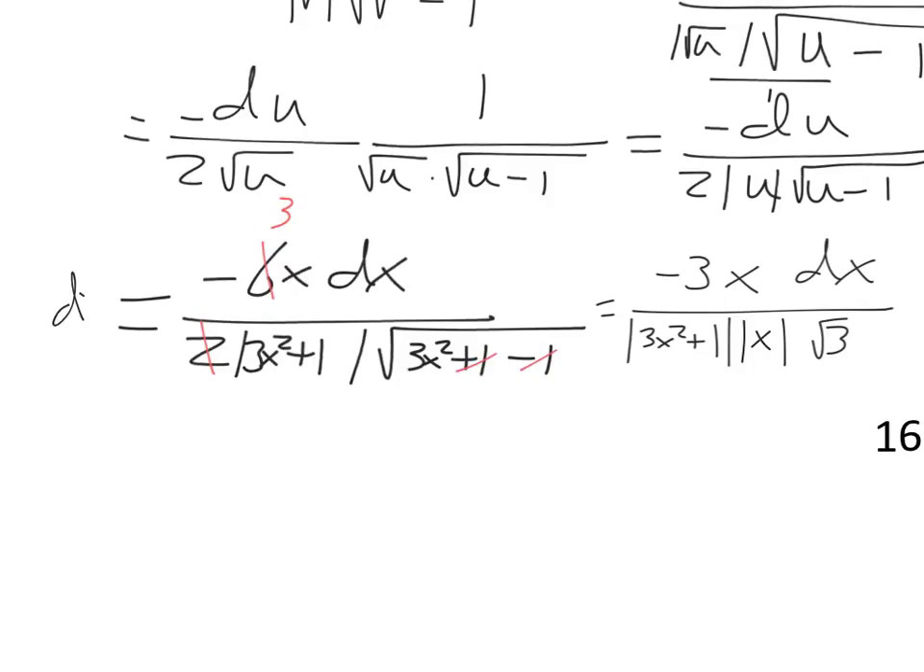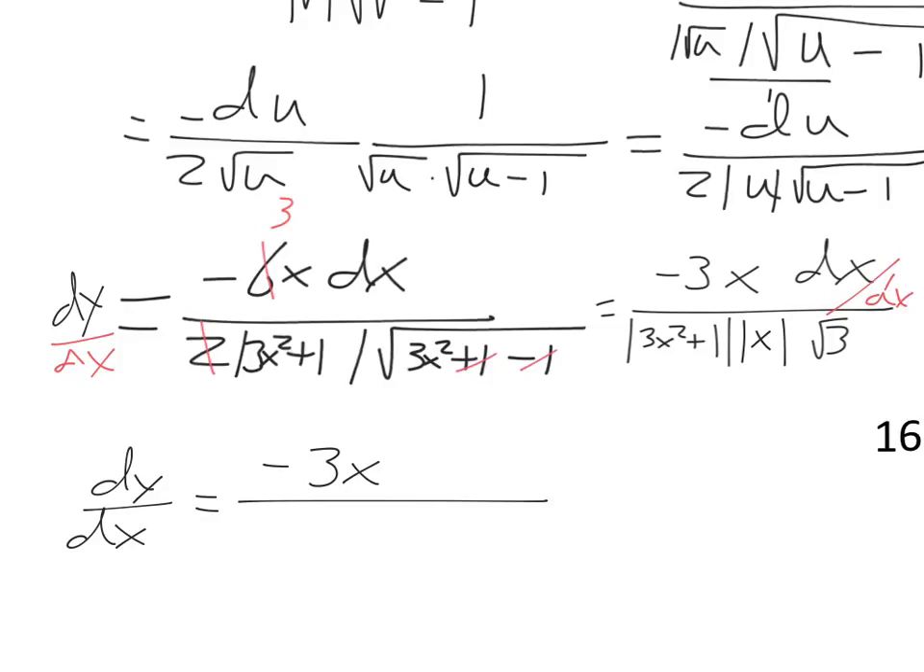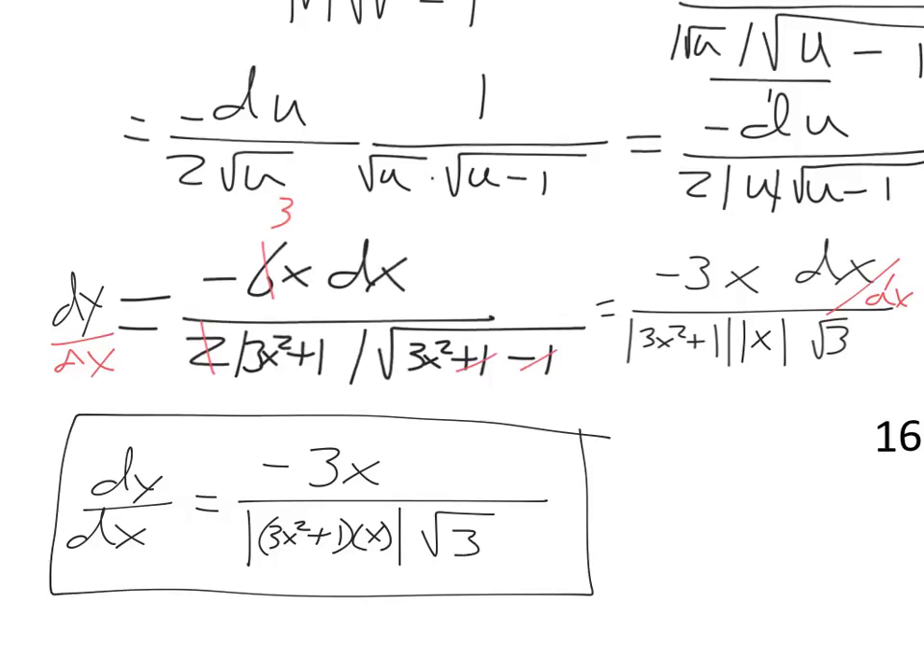Remember, this whole thing equaled dy, so I could divide by dx now, and I finally can get that my dy over dx equals negative 3x over, and I can just write 3x squared plus 1 parentheses times absolute value of x, square root 3. And there's probably some other ways I could simplify it or mess with it. Maybe I could rationalize it, but